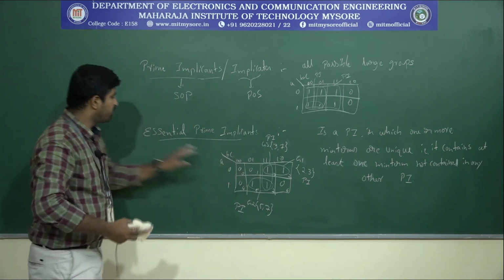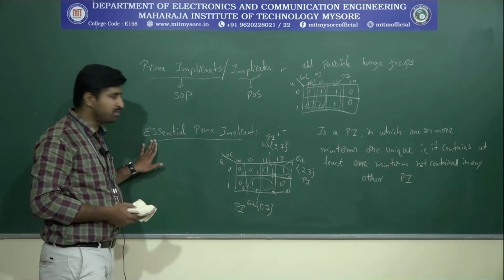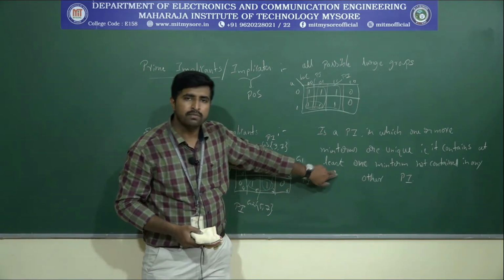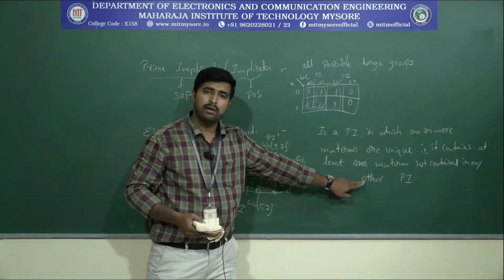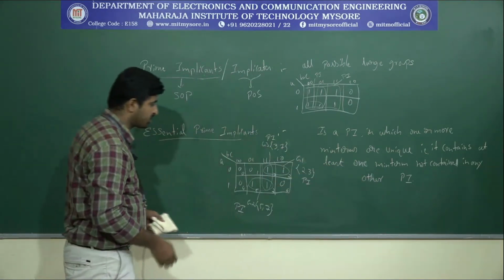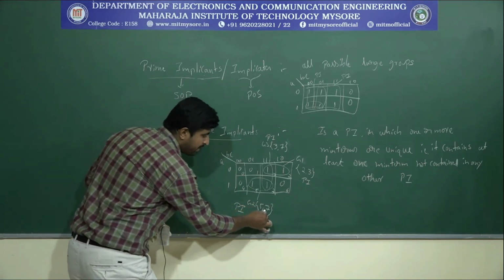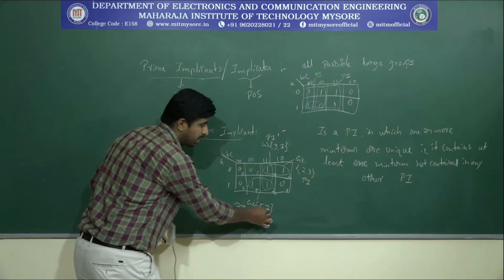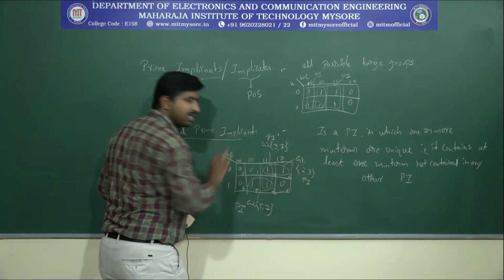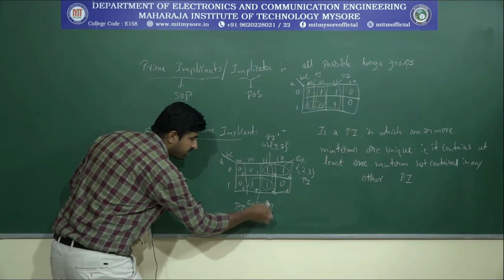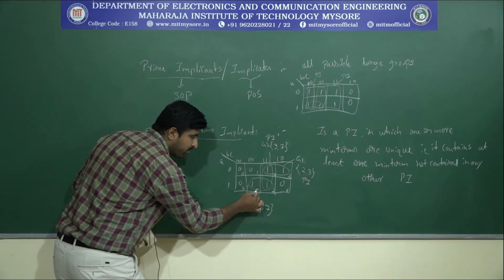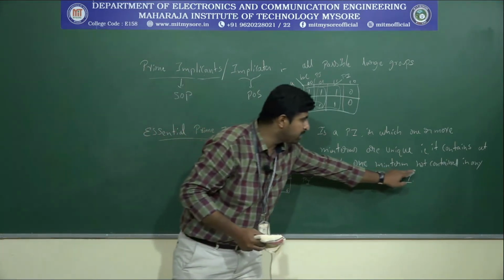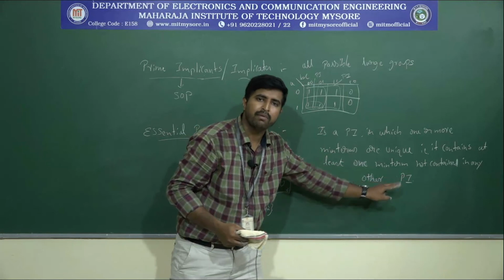But which do we call essential prime implicants? Those prime implicants in which at least one min term is not contained in any other prime implicant. Here, what are the min terms? For group 2, 5 and 7; here 2, 3; here 3, 7. If you see 5, in group 2, this min term is not shared with any other one. So at least one min term is not contained in any other prime implicant.